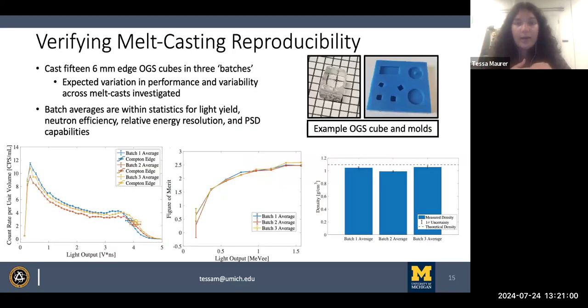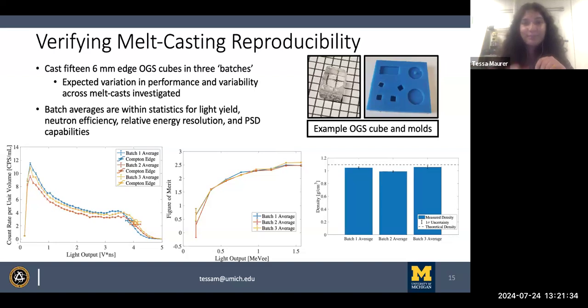Okay, I'm gonna skip through this slide a bit. This is just talking about internally, we did some work to verify the reproducibility of our melt cast procedure. We didn't want a process to make these glass scintillators that was really unreliable, giving very different results in terms of scintillation performance across different batches that we would make. The highlight of this is that we found that it was consistent across different melt casts,